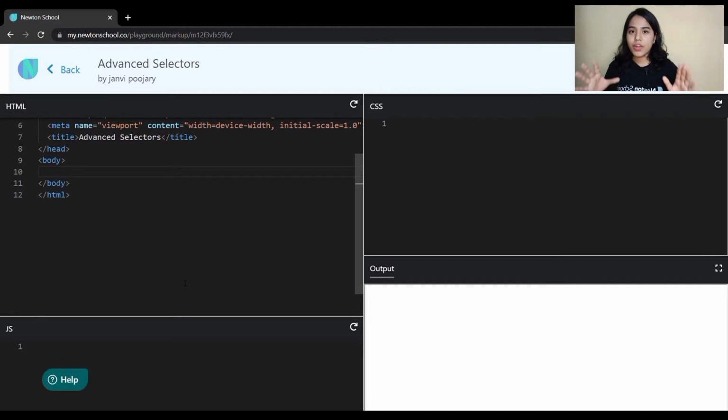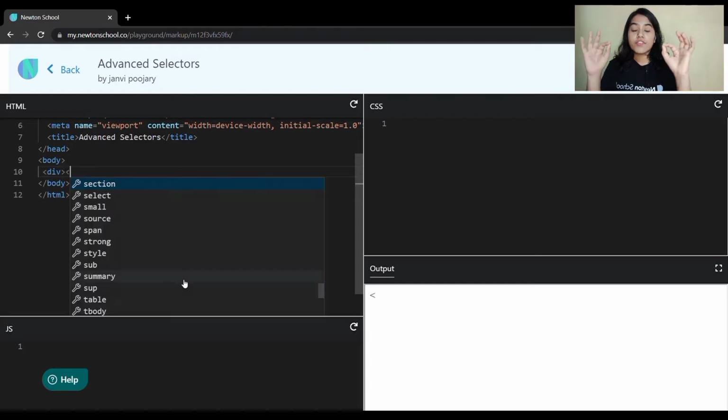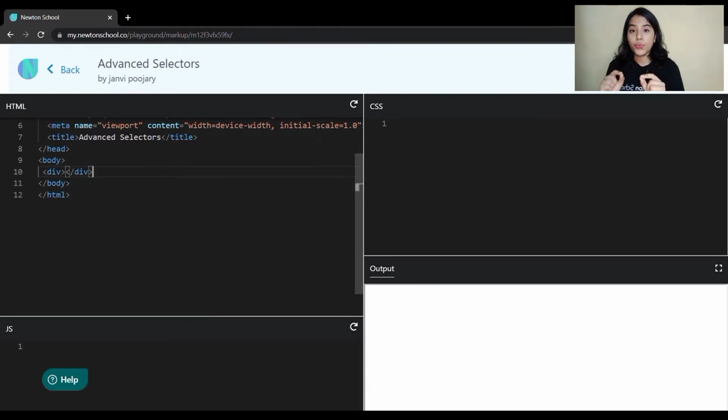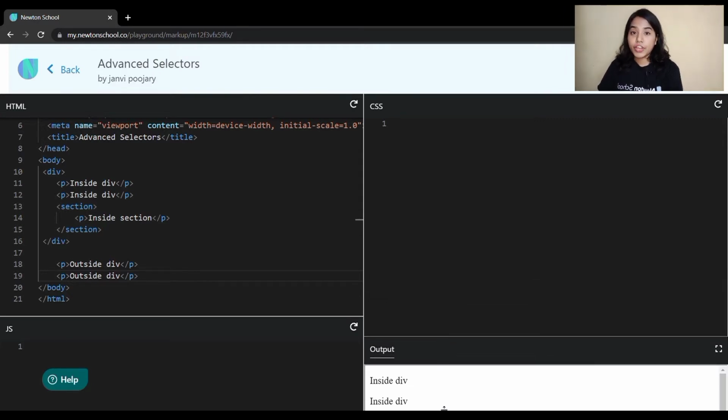So it might sound a little bit complex right now, since I'm just talking and I'm not showing anything on the screen, but trust me, it is very simple. Combinator means the type of selector which defines a relationship between two elements, right? So basically the second element will get selected, but we are specifying how that particular element is related to the first element. Okay, that's pretty much it. So if you are finding it difficult to understand, forget about it. Just understand that it specifies a relationship between two elements.